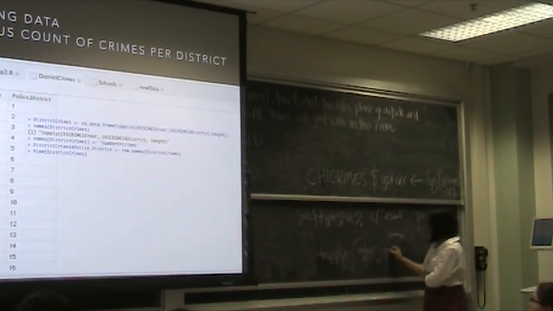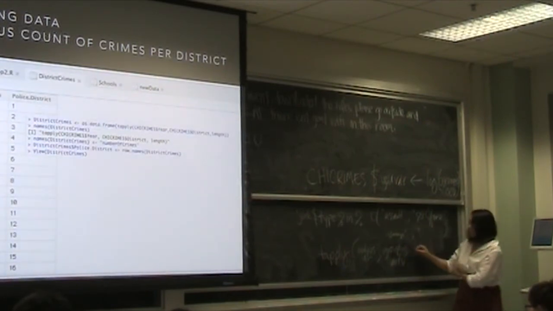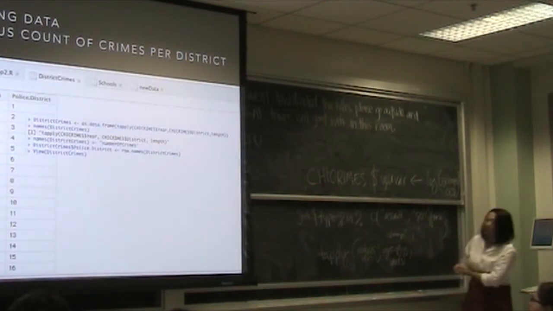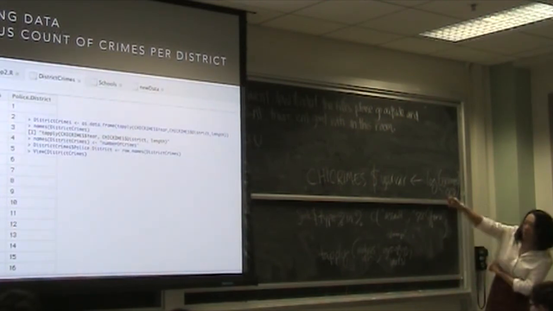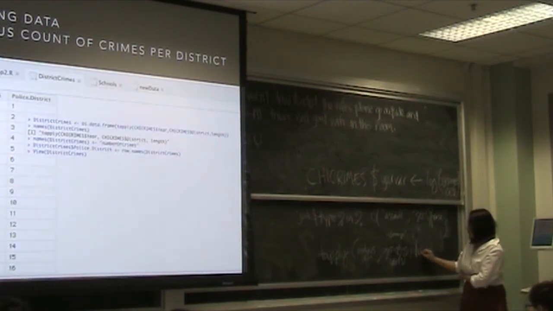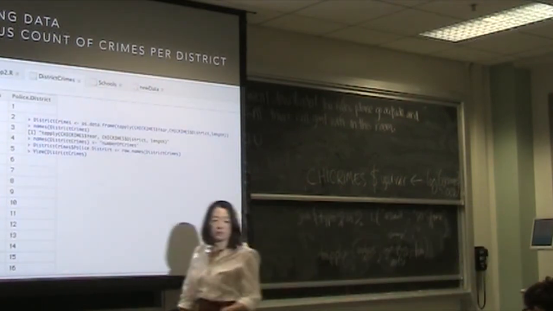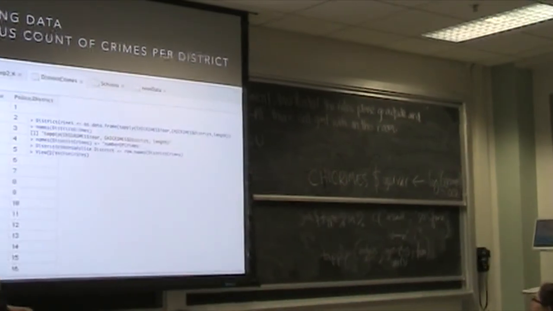So this is your analysis variable in the first position. Your second position will be a grouping variable, or vars. You could have more than one variable. If you have more than one, you need to use a list, and you can always email me if you're interested in that. And then the third thing is whatever function you want to apply to the analysis variable. I'm choosing length, because all it's going to do is count. That's what length will do. Length is one of these very handy functions.